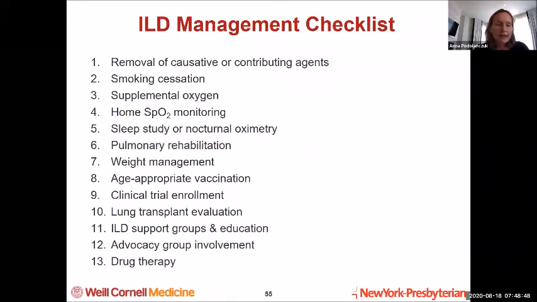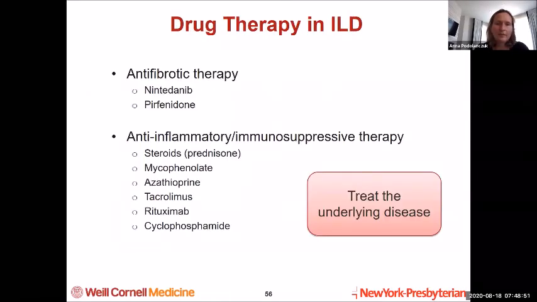And finally, the last thing on my list is drug therapy. In terms of drug therapy, it falls into 2 broad categories. There are antifibrotic therapies, which there are 2 drugs, Nintedanib and Prednisone. And then there's anti-inflammatory or immunosuppressive therapy, which for the most part, steroids like prednisone or methylprednisolone are the mainstay of treatments in